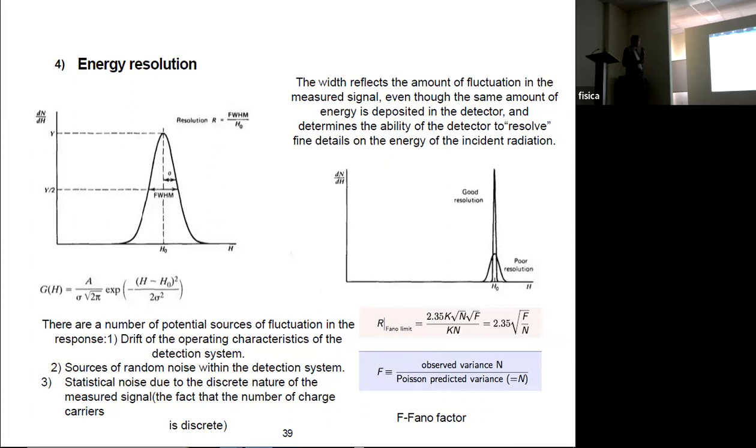Energy resolution R is just the ratio between sigma and H0, which is actually the average in this Gauss distribution. That's sigma. But in physics, for detectors, the rule is to use not sigma, but the parameter which is called width at half maximum,